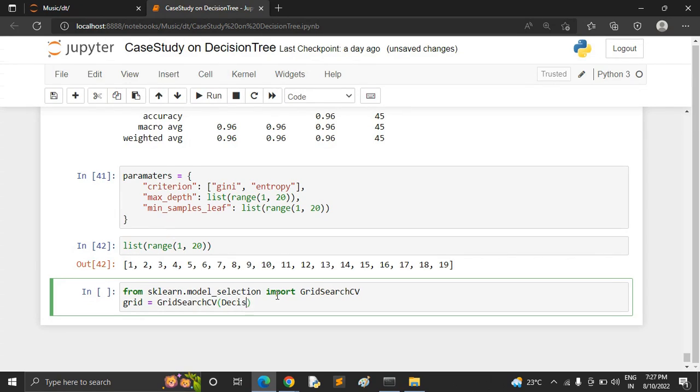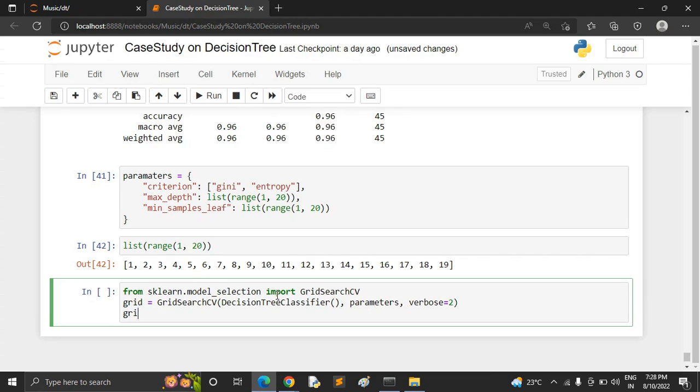We will call the decision tree class, DecisionTreeClassifier. I will feed the parameters with verbose 2, and I'll use grid.fit with x train and y train. Okay, so if I run this, guys,